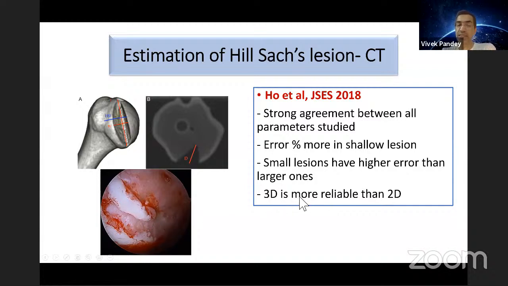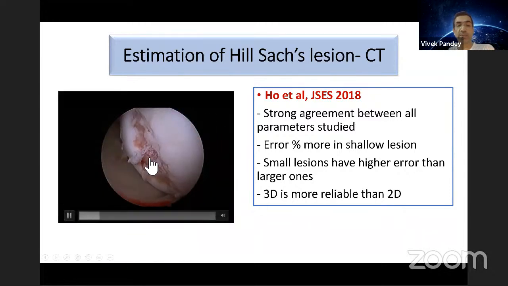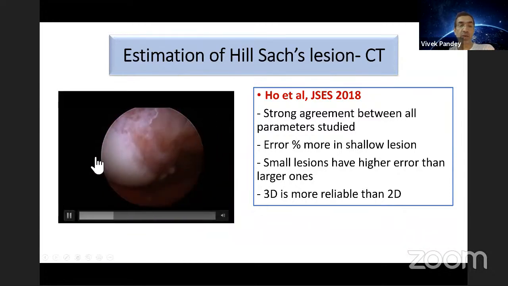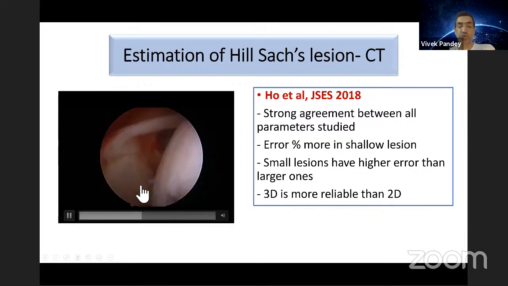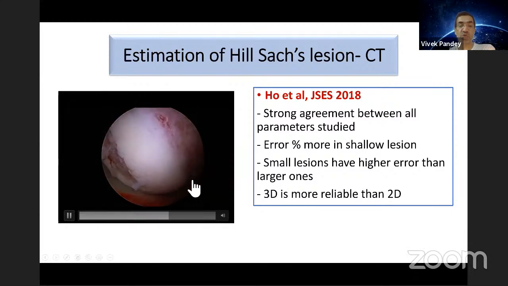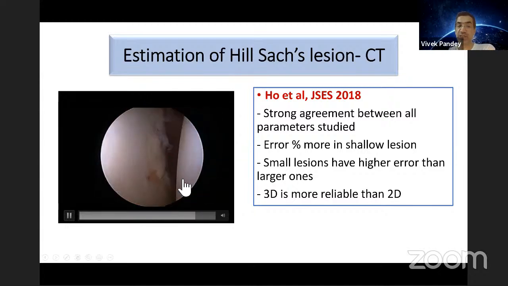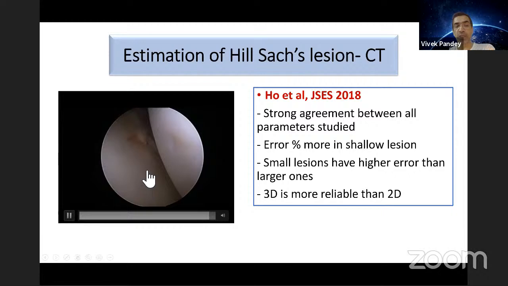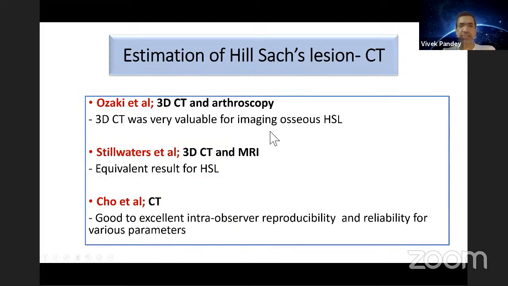Also, the 3D CT is more reliable than 2D. So, you look at this, when they measure the lesion, they measure only till here. Whereas you have a lesion which is extending far more medially and you don't know what to do for this. Should you just ignore this, or should you do the remplissage at least for this part, because you can't keep on curetting this huge part of the cartilage? This is a lesion which did engage. But looking at all this, I decided not to do this because in between the cartilage lesion was too big. Many more studies like that I'll skip.